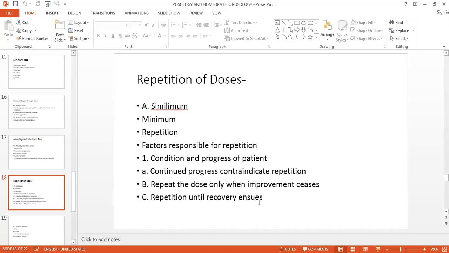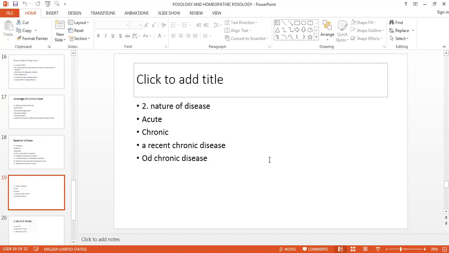So repetition of doses consists of 3 points. The first one is the condition and the progress of the patient. The second point, which we will see today, is the nature of the disease. The nature of the disease may be acute or chronic. According to the fifth edition of Organon, in acute diseases, the medicines may be repeated every hour, or it can be repeated